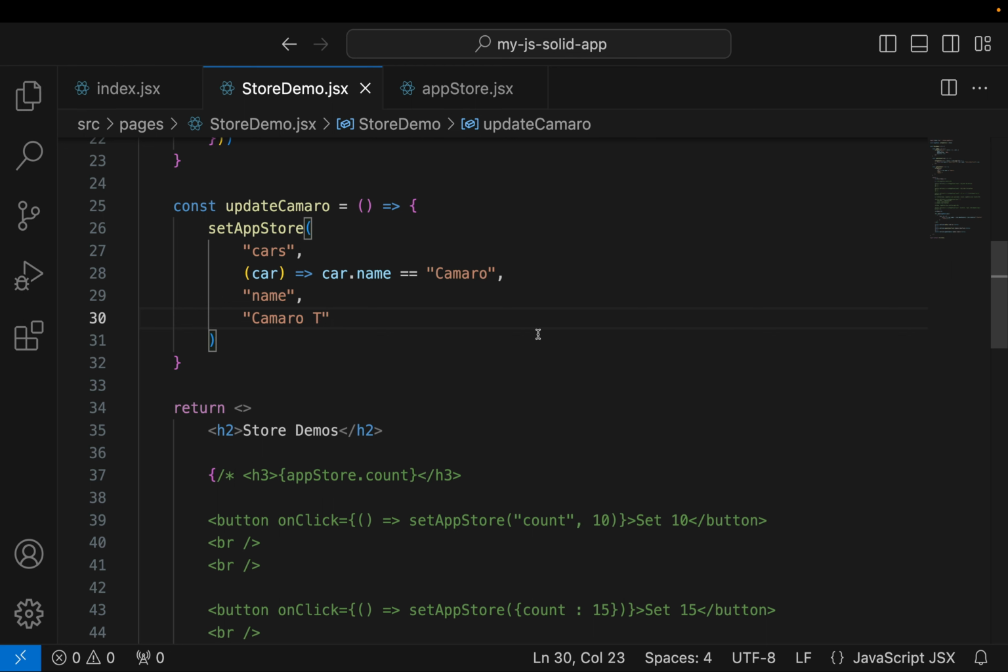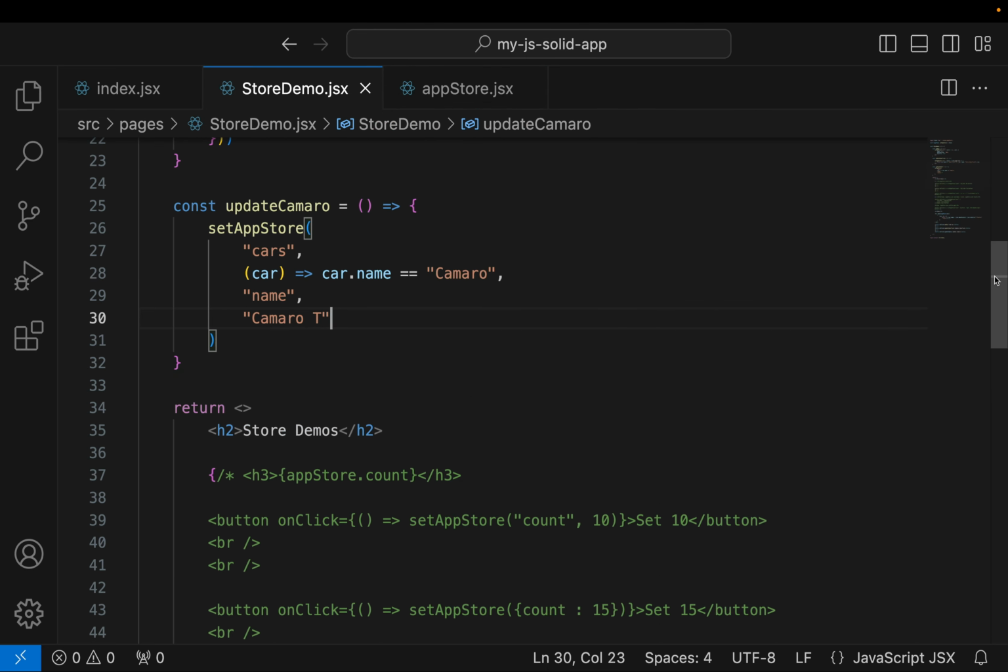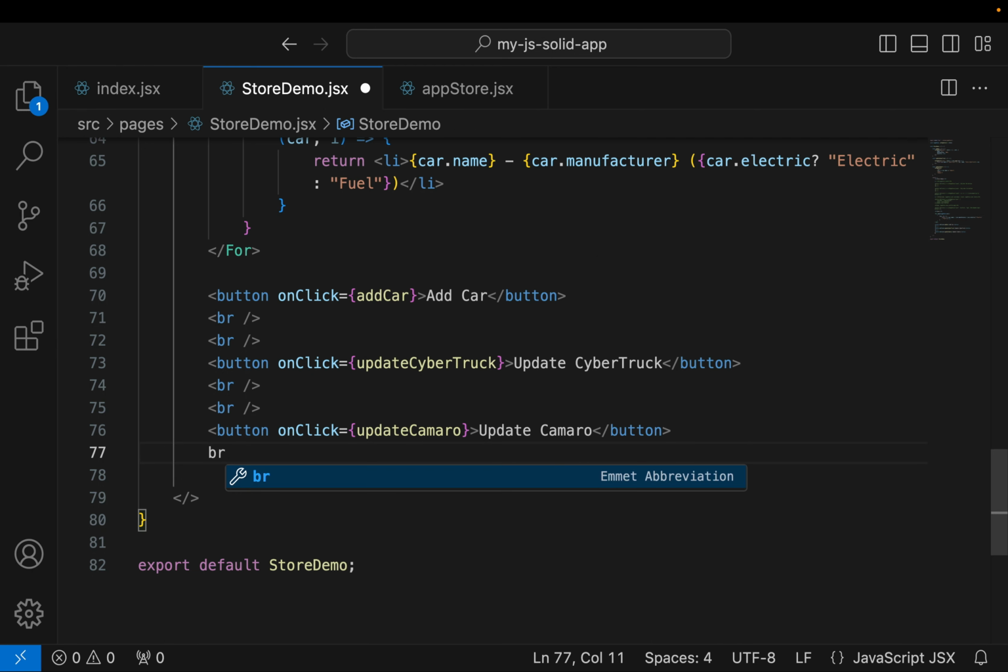So back in VS Code, let's say for this F150, we want something more dynamic. We want to toggle this value. Each time we click a button, we want to toggle this value. Let's see how we can do that. So I'm going to create another button. So many buttons. So yeah, we'll say yep,